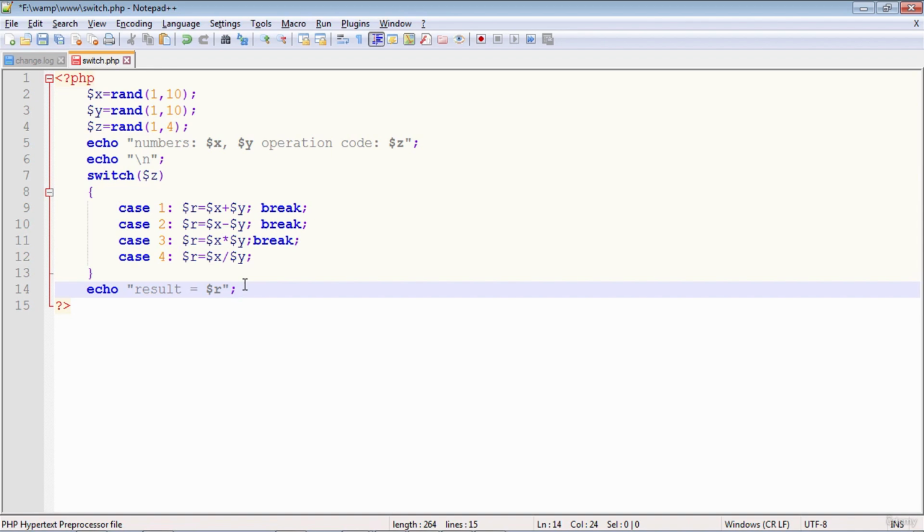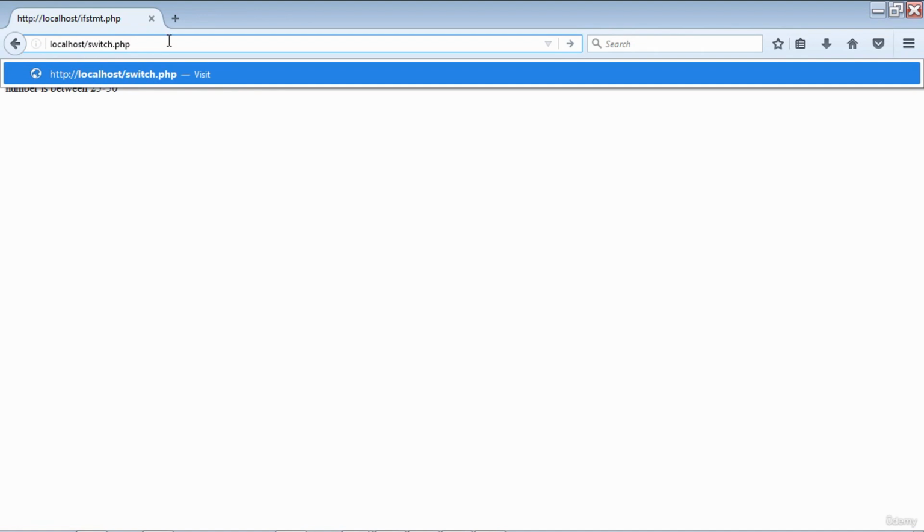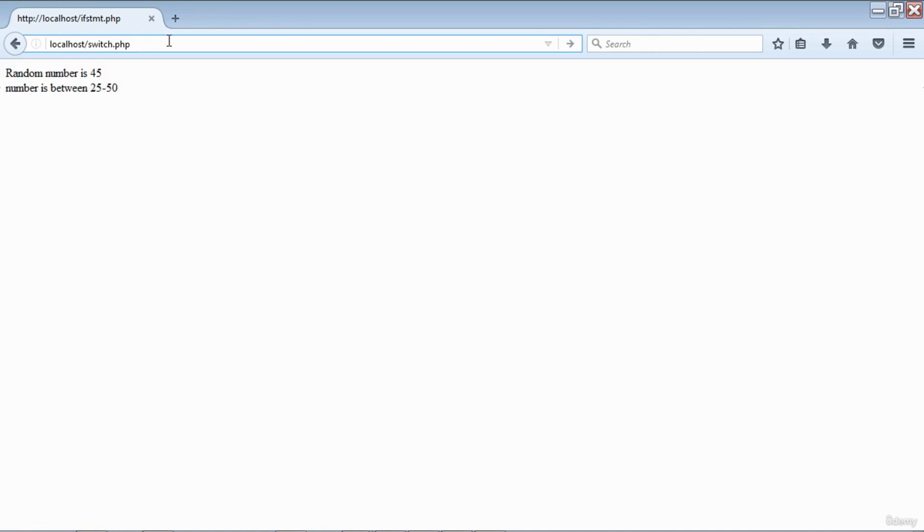So I have saved this file as switch.php in the document root of the web server. With the web server running, we'll enter this file as a URL and see the result. We'll of course run it a couple of times to see the different randomization of the results. Okay, so I have entered the URL as localhost/switch.php and the numbers are 9, 4, operation code is 3, result is